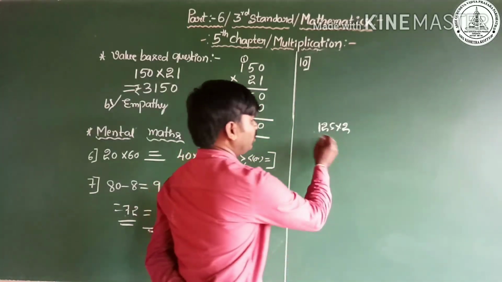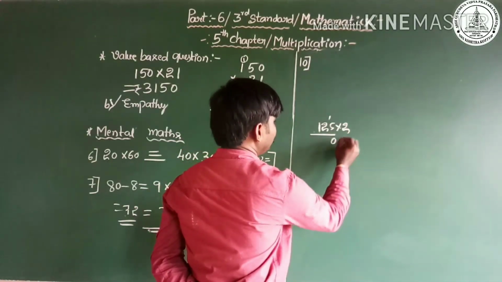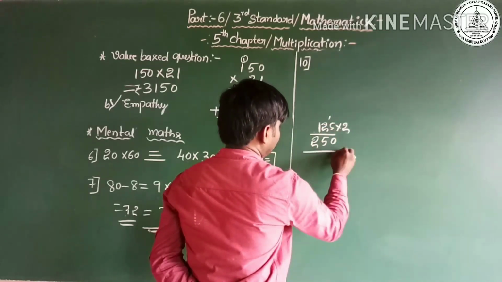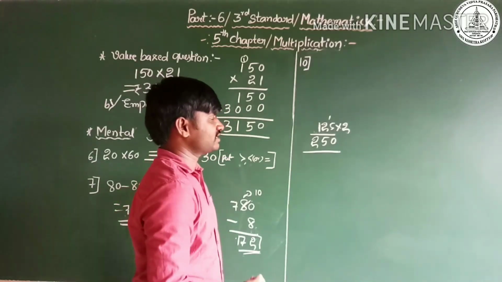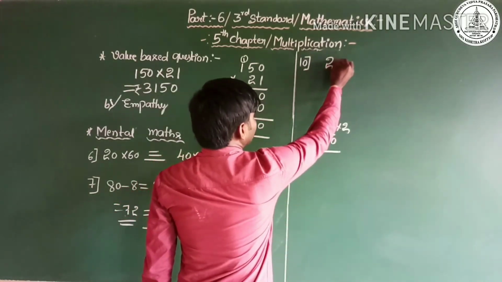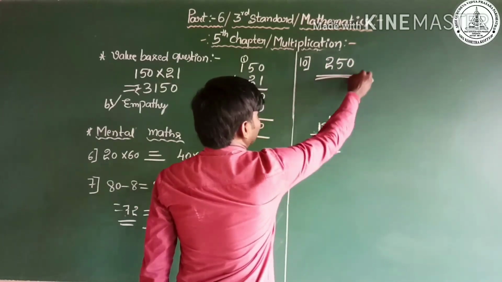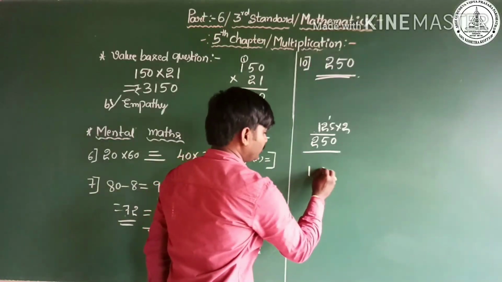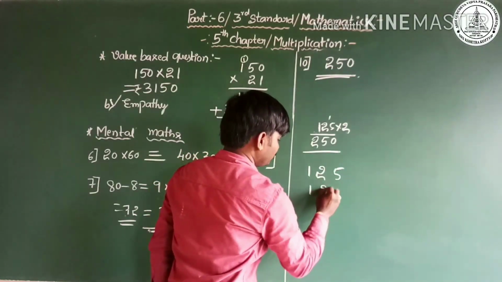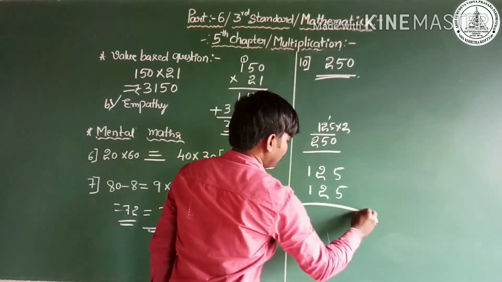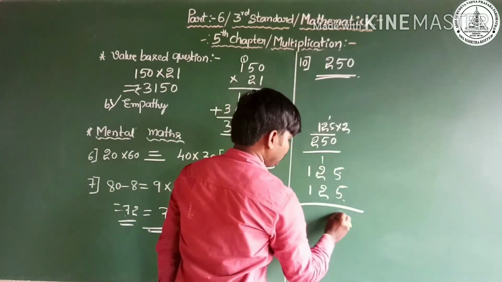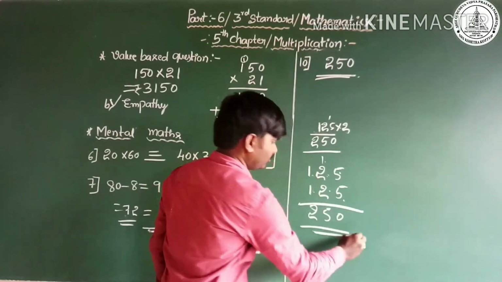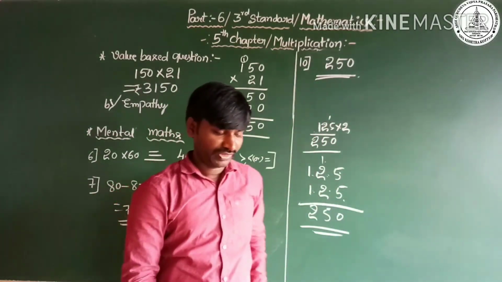Yes, dear student. Now multiply. 2 5s are 10. 2 2s are 4. 4 plus 1, 5. 2 1s are 2. Yes, dear student. The answer is twice, so Kavita has 250 balloons. Twice means into double. 125 and 125, this is the addition method. This is the multiplication method. You add the same: 5 plus 5, 10, 1 plus 2, 3, 3 plus 2, 5, 1 plus 1, 2. 250. Yes, answer is 250. Okay, dear student.